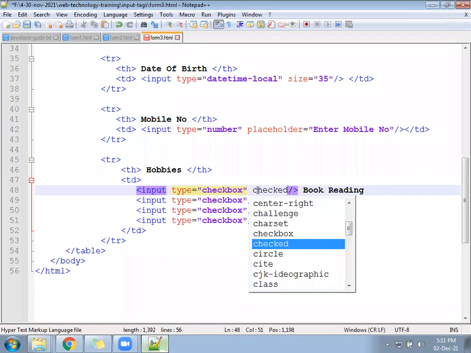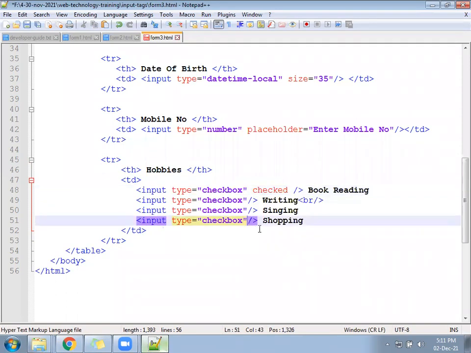Suppose the first one and the last one: checked and checked. They come checked by default.